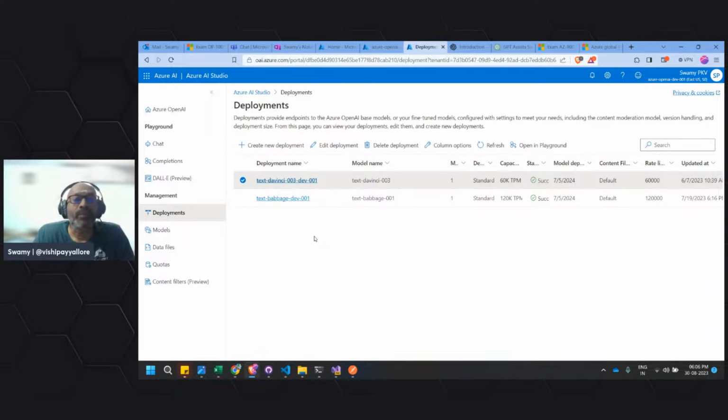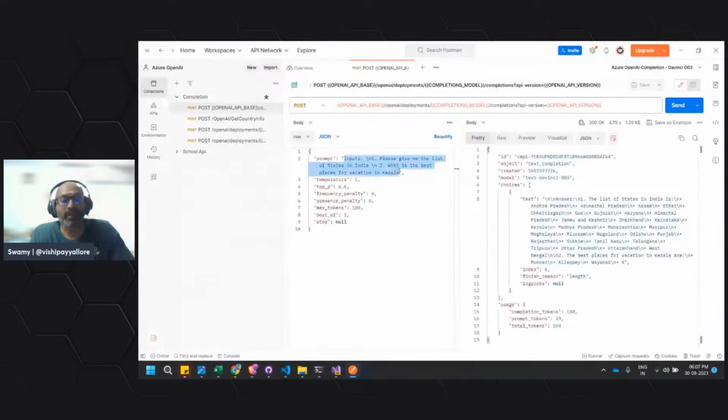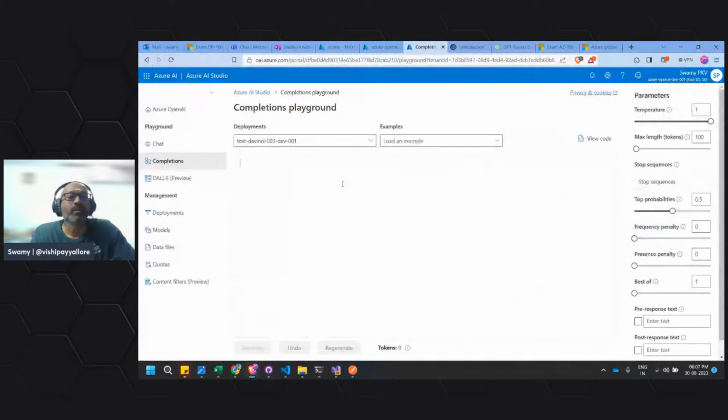As I was mentioning in the previous episode, even though some parameters explicitly call it a model name, technically they are asking for the deployment name. Okay, we'll see that in a minute. Let me quickly come back here to start playing around. We'll take the same two inputs that I wanted to give here. The first is this one. I'm giving the inputs.